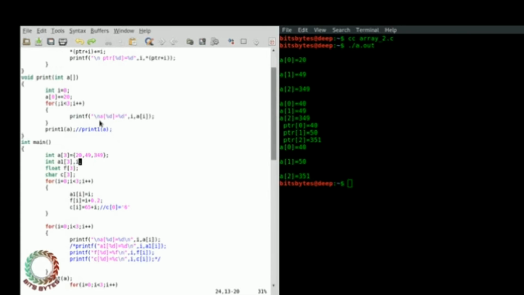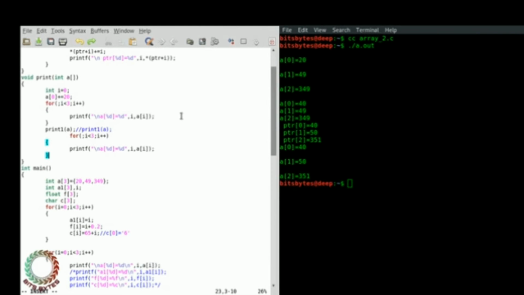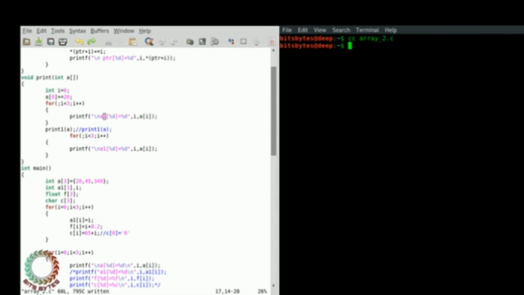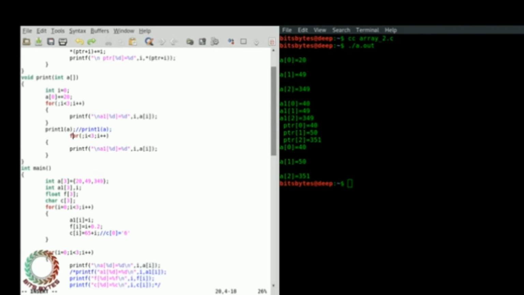If I print again over here, and I know the length of the video is increased, but you should know the concept part. Clear your concept, then you can do anything. Now I need to initialize the value.